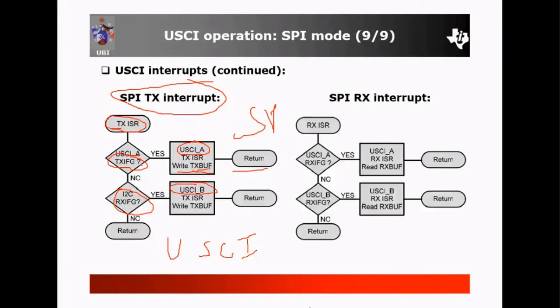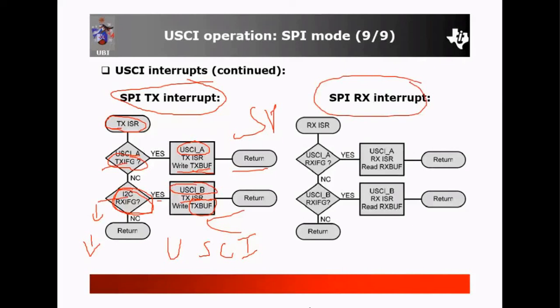If that flag is generated, yes, then in the USCI B block you write the transmitted data in the TX buffer and then return. If it is also not generated, then return. If these signals TXIFG and RXIFG are not generated, it means there is no data to transmit.